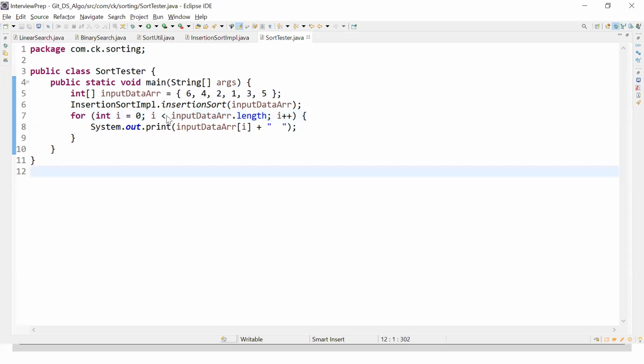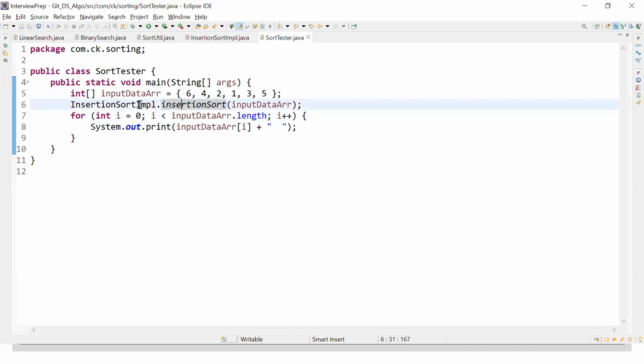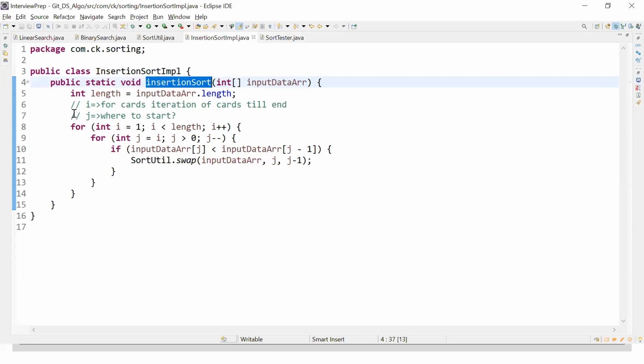So what is my input? Maybe I've taken a different input, 642135, something like this. When I have an input data array like this, I call insertion sort on it. Whatever I've written here is an insertion sort, with two for loops. One is moving towards my right direction, one is moving towards my left direction, and I write the swap logic over here.